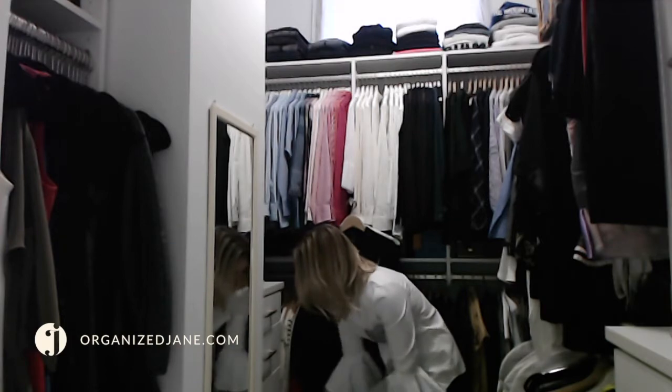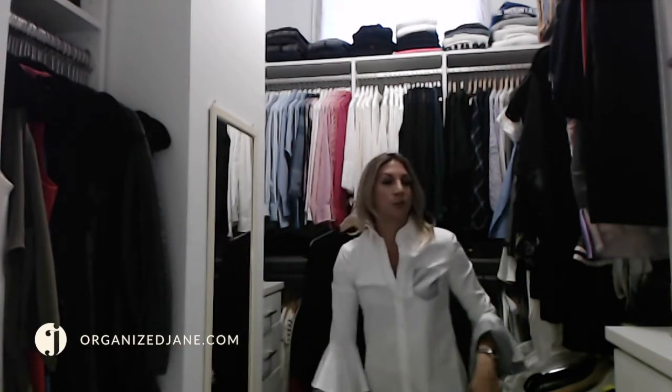Also on the same line for drawers, drawers are great for your underwear, for your intimates, for your socks. Having some kind of drawers again or boxes, and if boxes, probably labeled would be the best idea. Jewelry as well. I have a specific jewelry drawer, but there's lots of different jewelry alternatives out there. The key is to keep it together and accessible. And again, 80-20 rule with your jewelry as well. If you're wearing a lot of costume jewelry, perhaps it's difficult, but usually if you have your go-tos, make sure